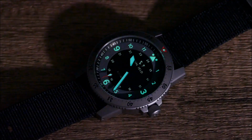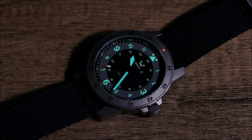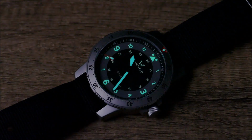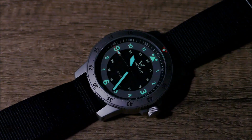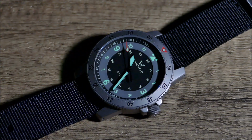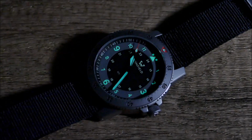But one thing I really like to work into these lume shots is low light transition, because you're not always going to be out in the middle of a field enjoying direct sunlight. A lot of times you're going to be coming in and out of a building, walking underneath an overhang, maybe walking underneath the shade of a tree, or just spending some time in your favorite automobile. So it's nice to see what these finishes, what these colors, what everything really renders like in less than optimal